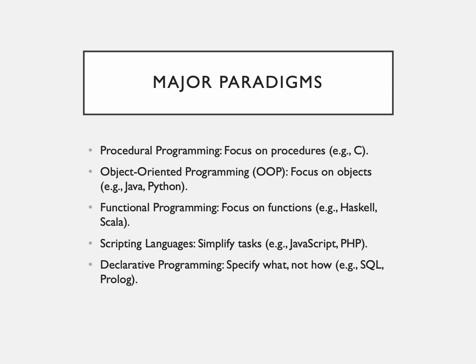So, why are these important? Understanding these paradigms helps developers select the best approach for a given problem. For instance, object oriented programming might be perfect for building scalable applications, while functional programming could be better for data intensive parallel processing tasks. By knowing these paradigms, you can adopt a hybrid approach to harness the strengths of multiple paradigms in one project.